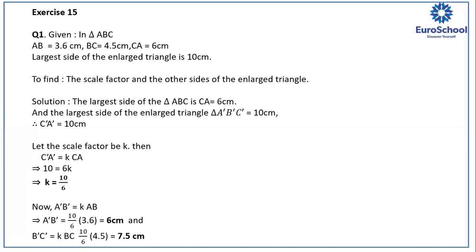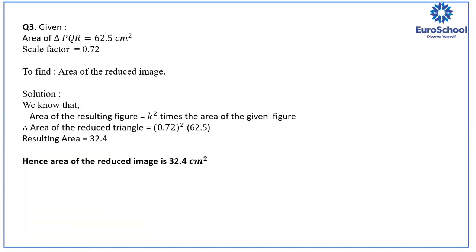Yes, ma'am. Okay, question number 2 I've given you as homework, but I'm reading it for you all. If you have any doubt, just ask me now. In triangle ABC, sides AB 16, BC is 12, CA is 18, is reduced to triangle A dash B dash C dash such that the smallest side of the image triangle is 4.8. Now, here smallest side is given. So which one is the smallest side here in the given information? BC. BC is 12 centimeter and it has been reduced to 4.8.